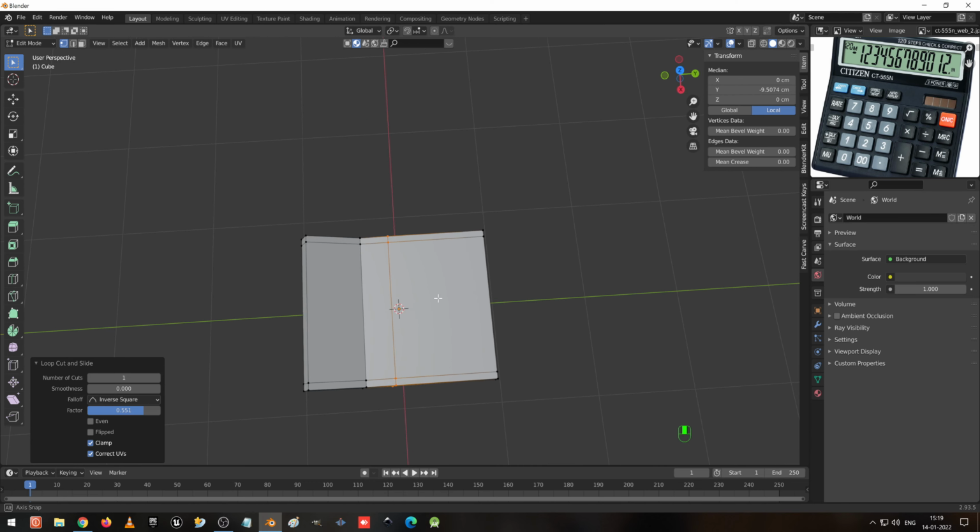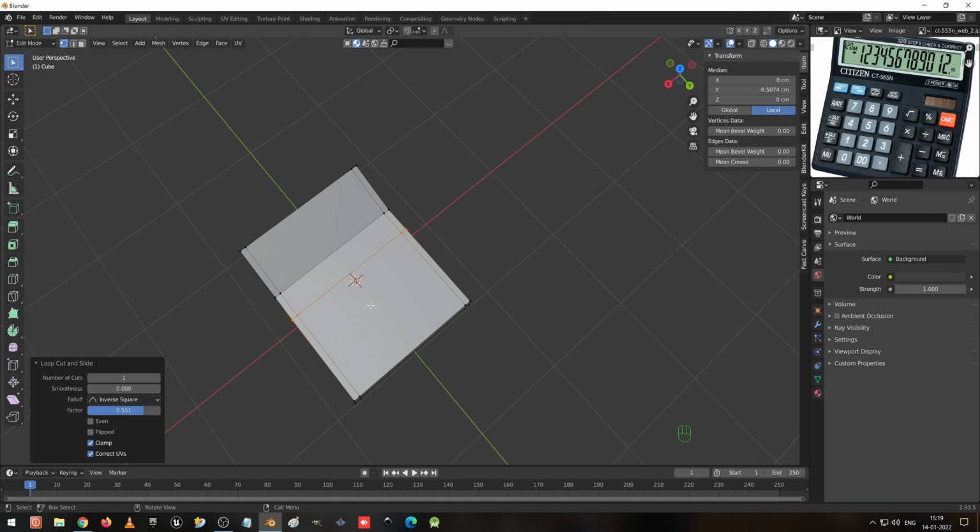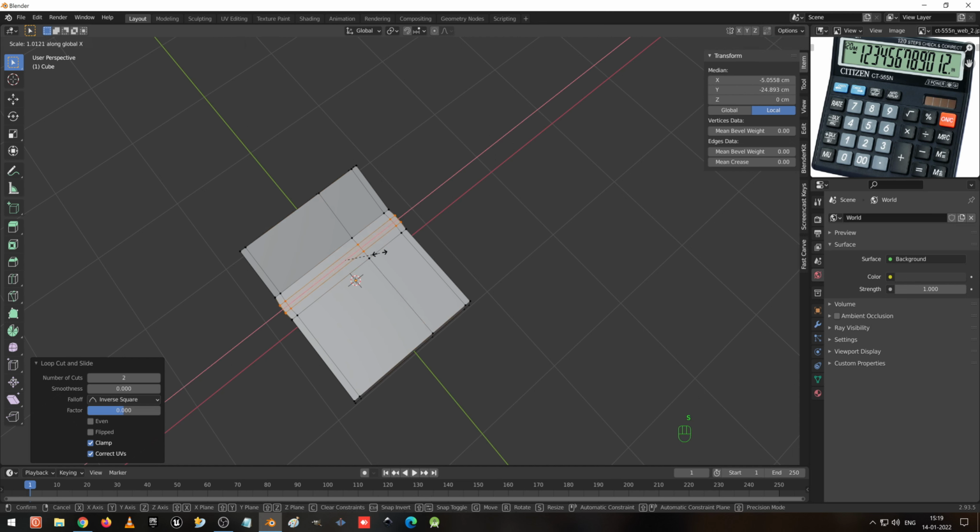Right, now I am going to create one more edge loop here to arrange this small indication here. So I make it like this, scale it in the X axis, sorry, Y axis, slightly up.